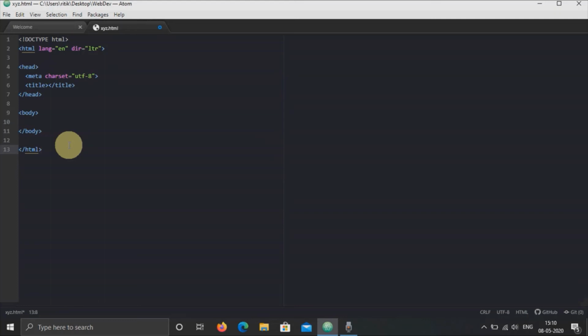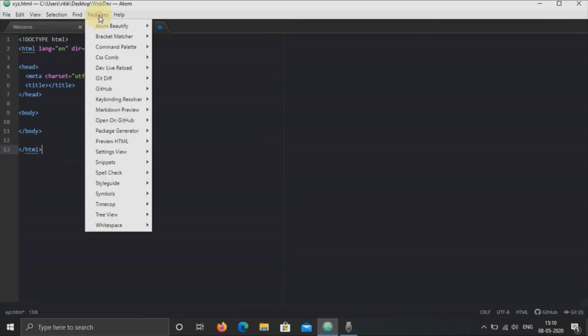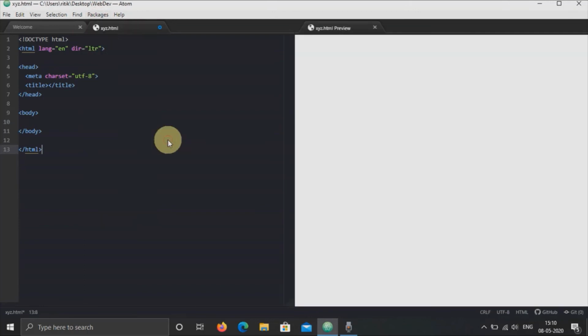So after formatting the code, I'll show you one more example of how to use these packages. The other package that I'm going to show you is my personal favorite package, Atom HTML Preview. How to enable that? You can go to package, go to preview HTML. Now enable preview. A screen like this will appear on the side of your code. Now I'm going to write some random HTML like h1.